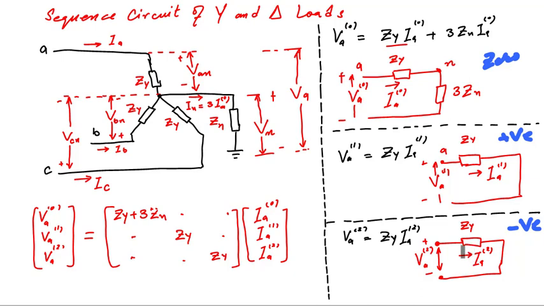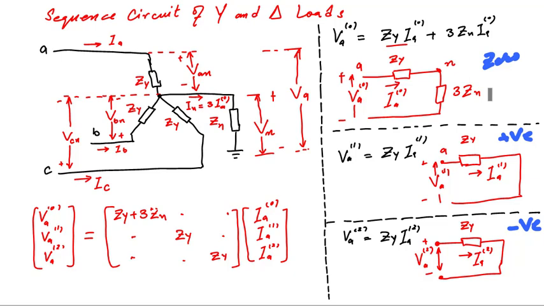But on the other hand, the zero sequence current is equal in magnitude as well as in phase. So the zero sequence currents of phase A, phase B and phase C will all combine at this neutral point and flow into the neutral path. So that's why this impedance only appears in zero sequence. This is the first thing that we have addressed.